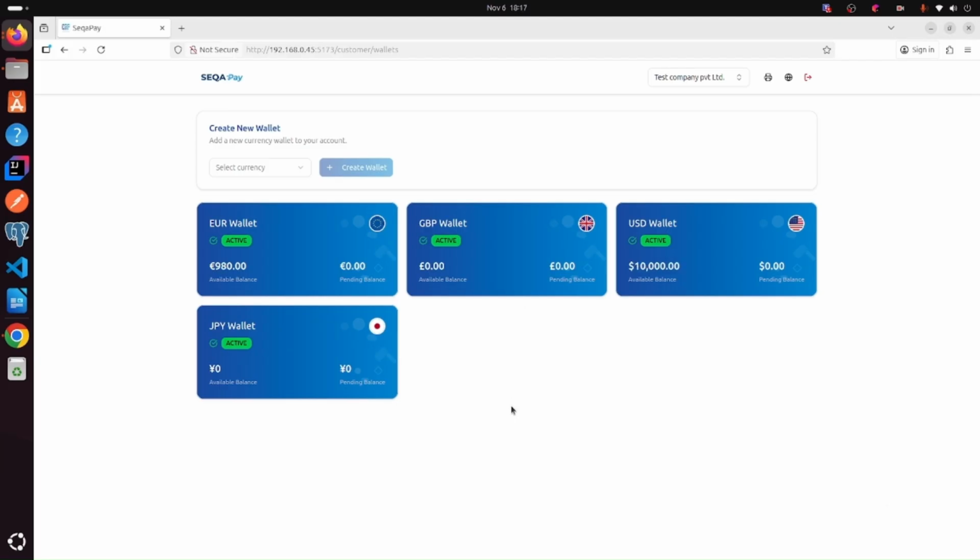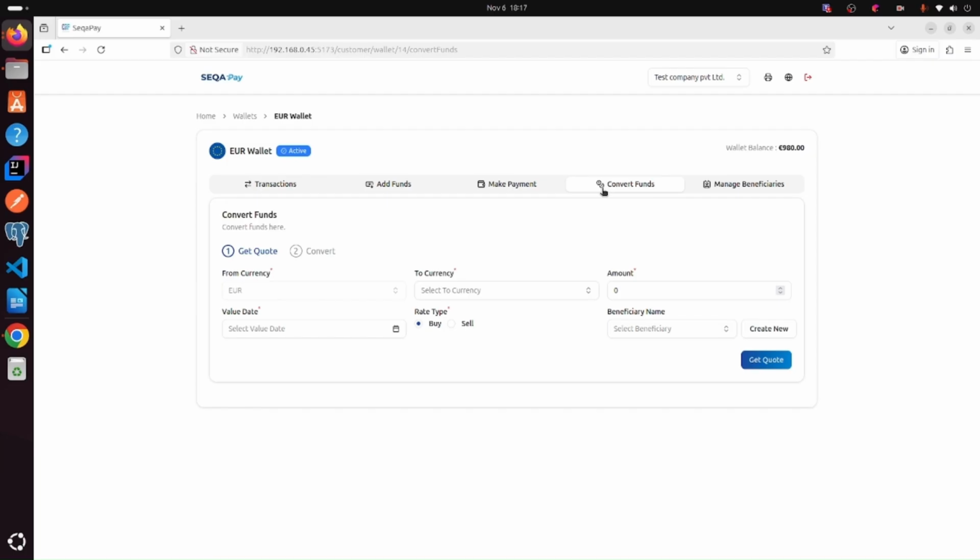The next main functionality of our application after funding and payment is conversion. Conversion is a scenario of migrating funds from one wallet to another, and there is also a provision to send to a beneficiary. That process is called the convert and send scenario. First, we can move on with the conversion scenario, and for the conversion scenario, a customer user can log on to his